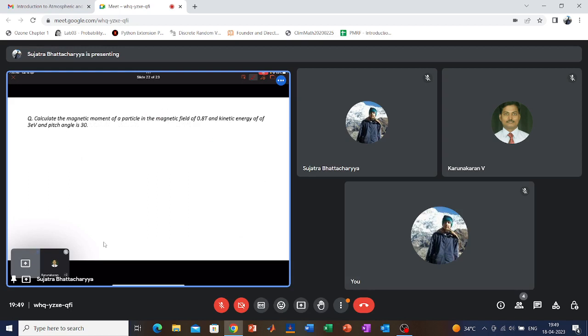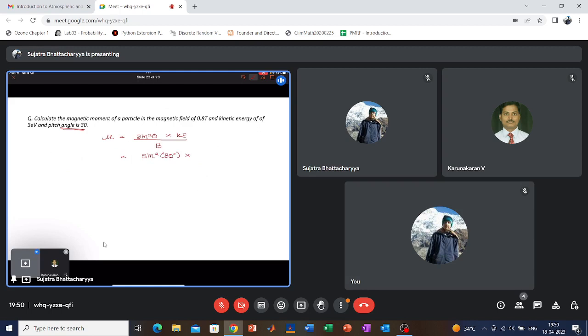Okay, and the next question is to calculate the magnetic moment. We have to calculate the moment with the same formulation. The magnetic moment needs to be calculated if the pitch angle of the Larmor's device is about 30 degree. So you can write mu is equal to sine square theta, again coming from that magnetic mirroring thing, divided by B. So mu we need to calculate, so this will be sine square 30